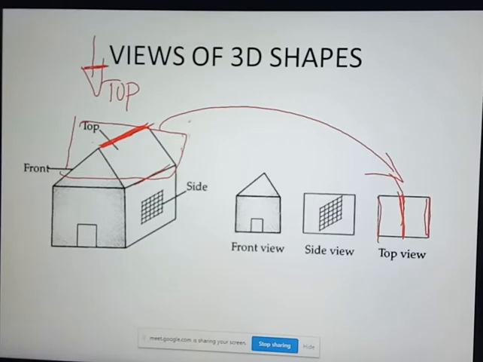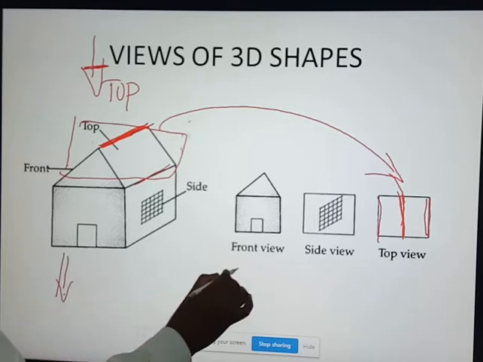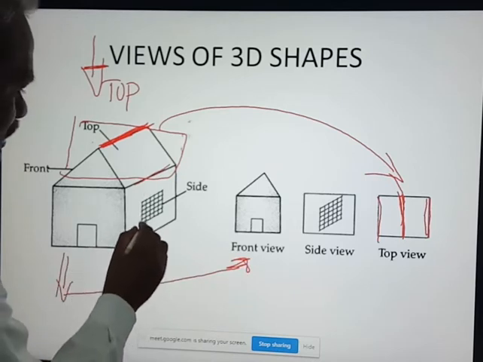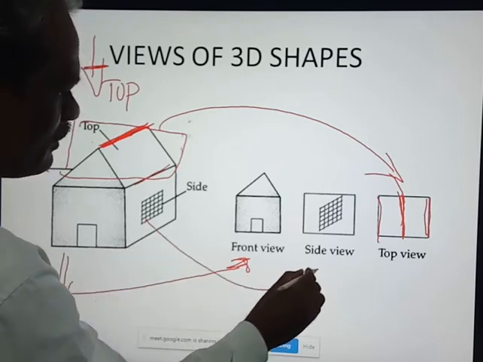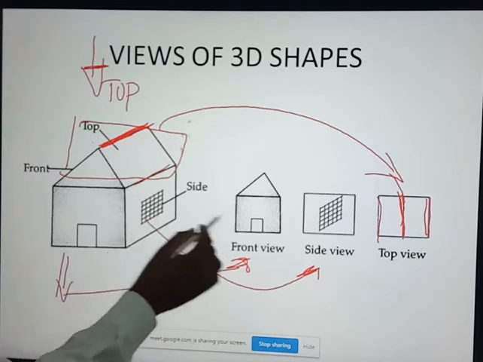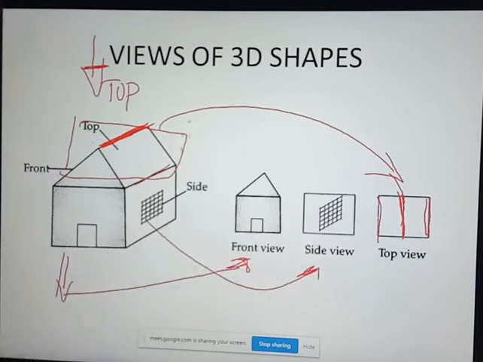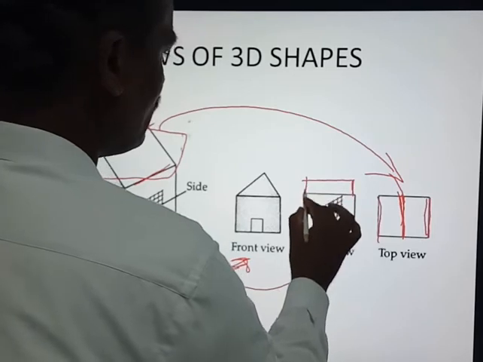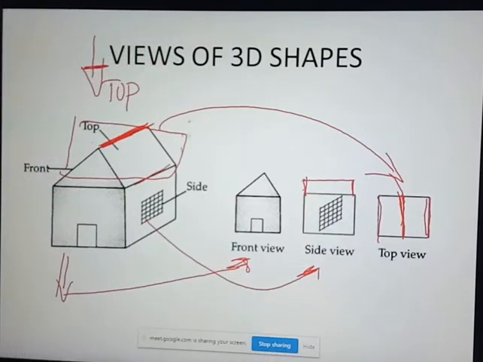And the front view, from the front side, this is the front view. If you see this, then you will get this shape. The front view will be like this. The side view is this one. Okay, when you are looking from the side, you see the window, how it looks. That is another shape. The roof also sometimes looks like two rectangular pieces from the side. So that is a side view. One is the side view, this is the front view, and another one is the top view.